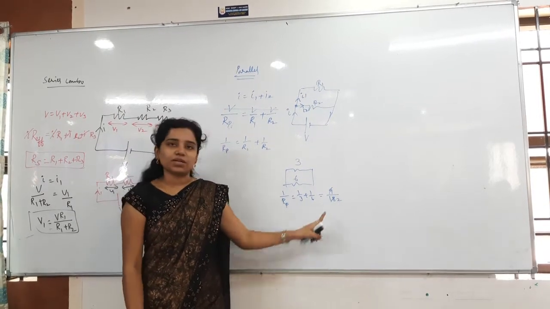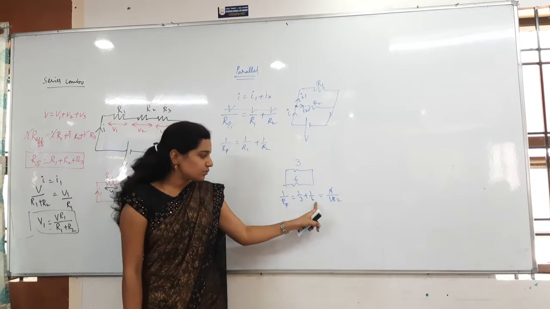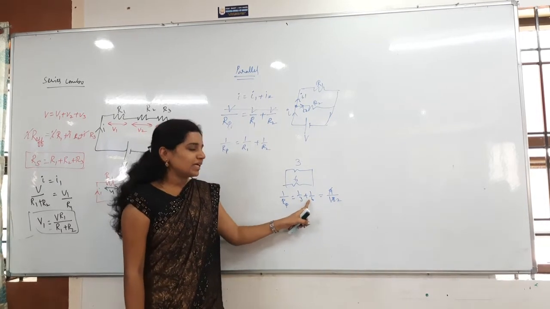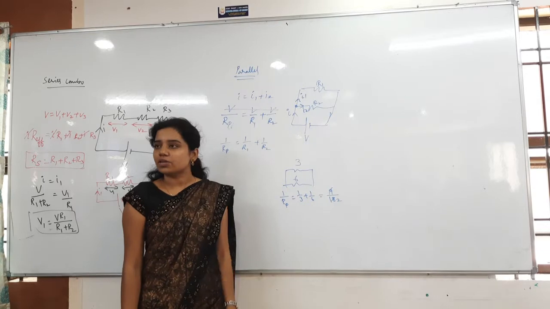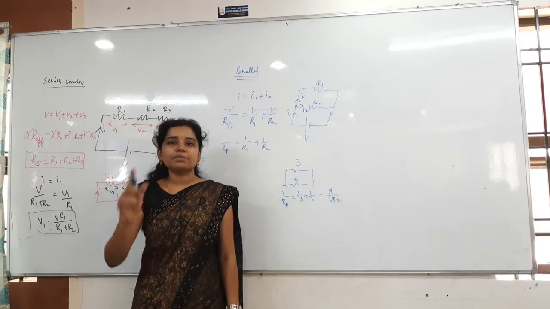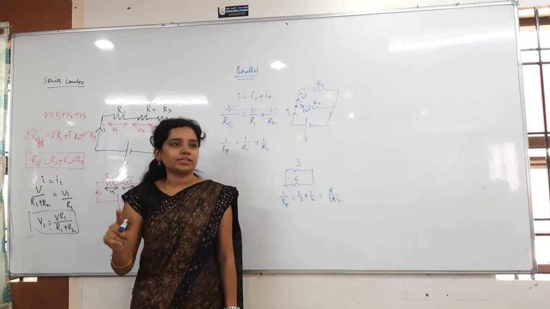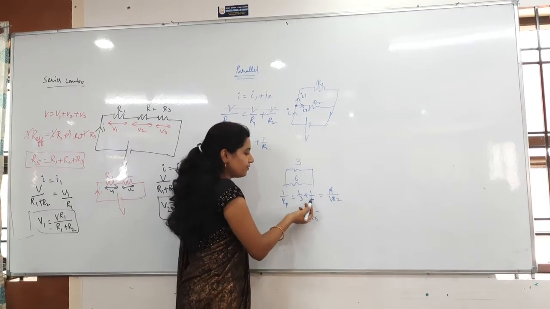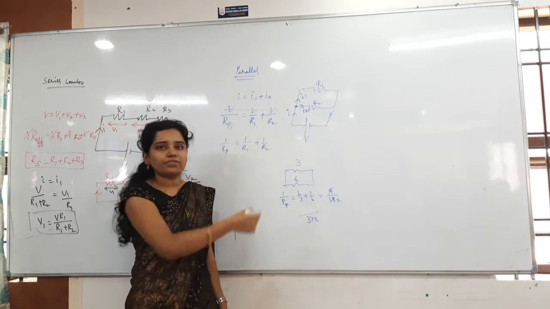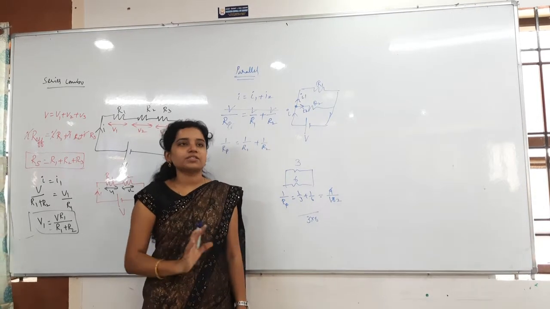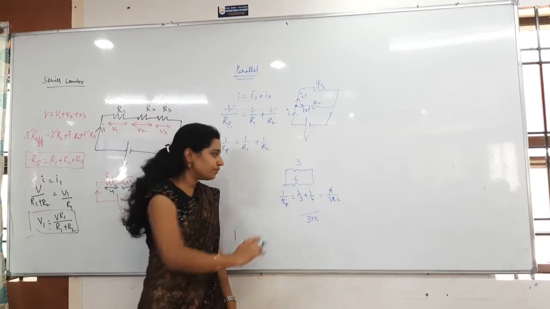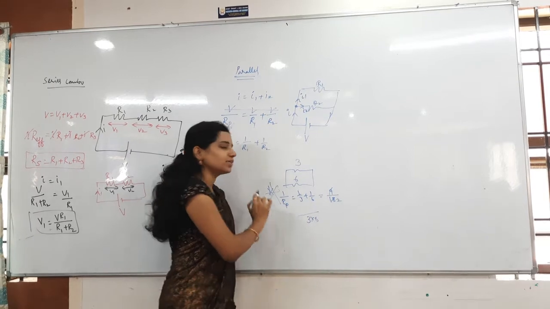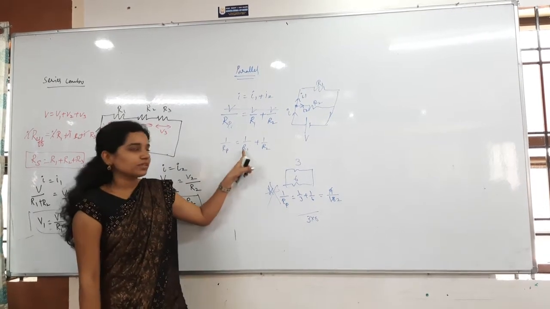Nobody should take this formula. Also, whenever you take this formula, it will be time consuming. Why? Because you have to take LCMs again. Clear? Multiplication is easier than the LCM. For example, if I take the LCM of 3 and 6 and I forget to take 6, I have taken directly 3 only. Then again your answer will be wrong. There is an infinite number of chances to get a wrong answer here. So don't take this formula.